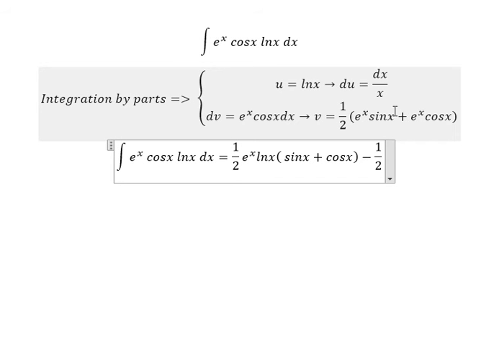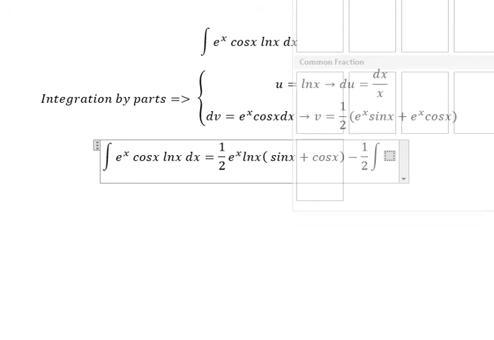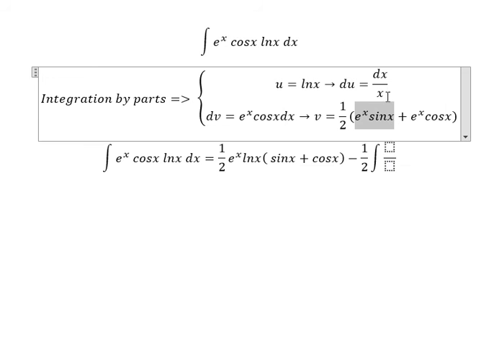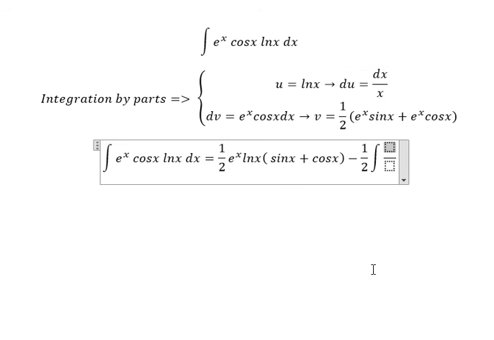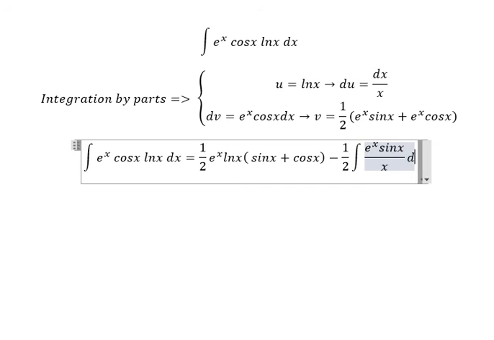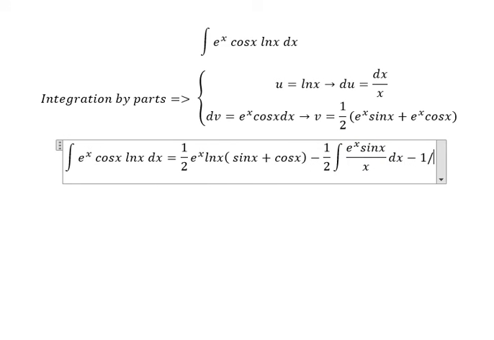Because we have the plus in here, we can divide into two integrals. The first one is e to the power of s sine s over s. And the second one,